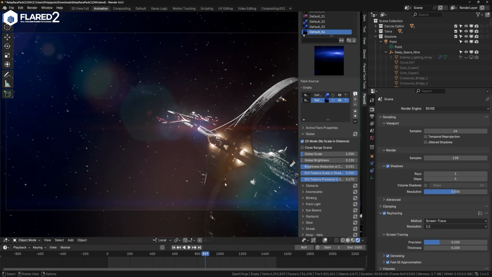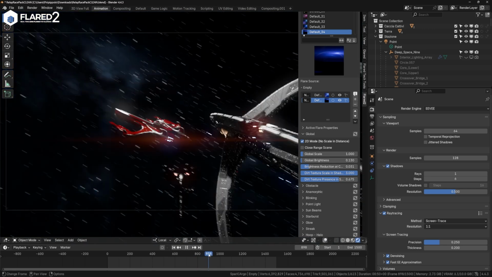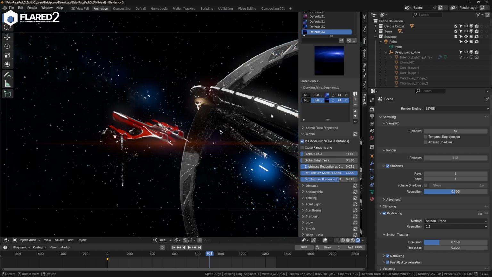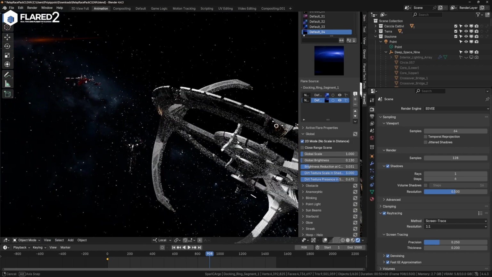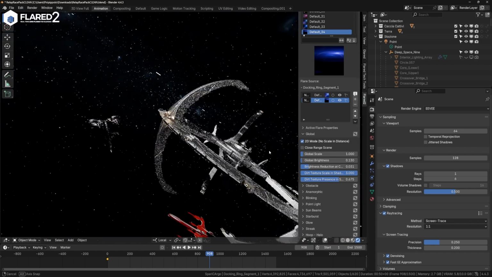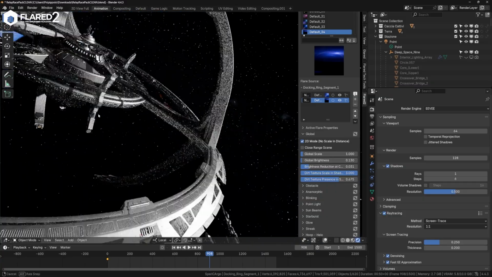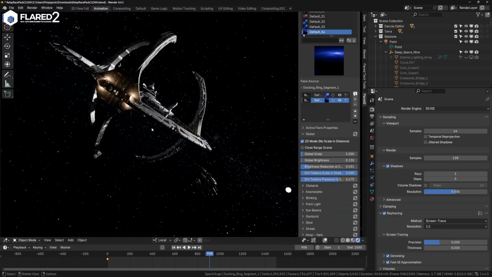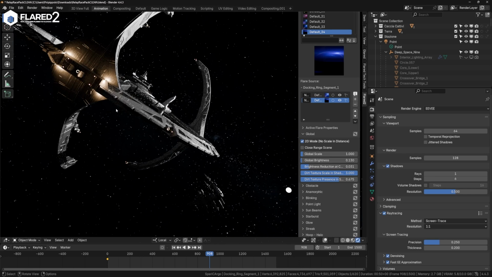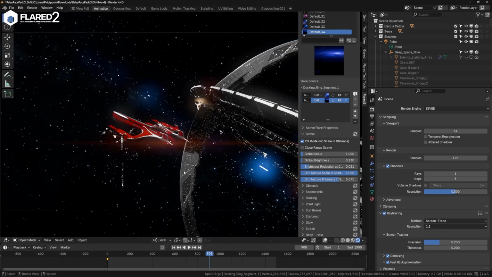I'd like to create other empties there to add a light, because here, if I click on this spaceship, there are a lot of places that could emit some light, and it will be very, very beautiful. For all of them, we'll have to add empties and add flares. This is the way. I'll go to 0 to go back to the camera, and there is one more thing